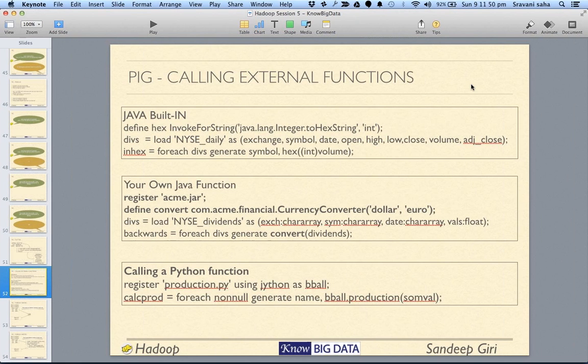Now, an important part. Whenever you are writing your Pig script, there will be lots of circumstances when you would like to call your Java function. Although I had mentioned that there are so many functions, and I have also mentioned the various links at various places where you can go and look up all the library of the functions,